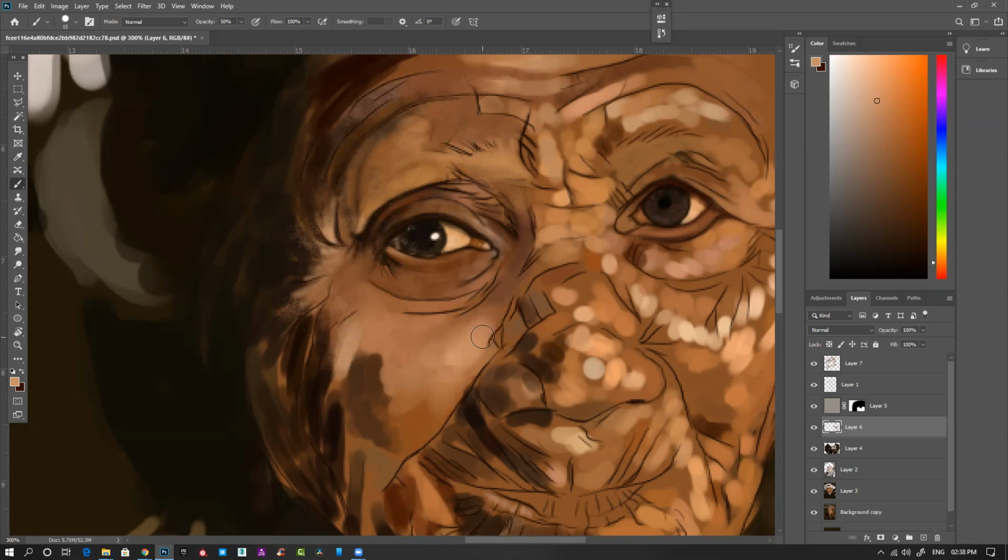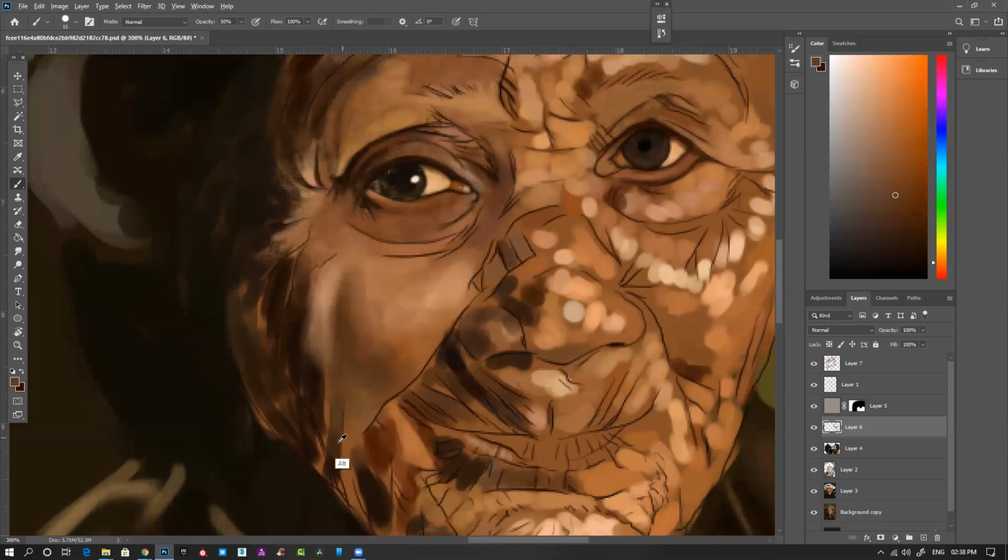If you're having difficulty with blending, reduce opacity and then blend it nicely. It's all about the transition from one color to another color. Okay, and then